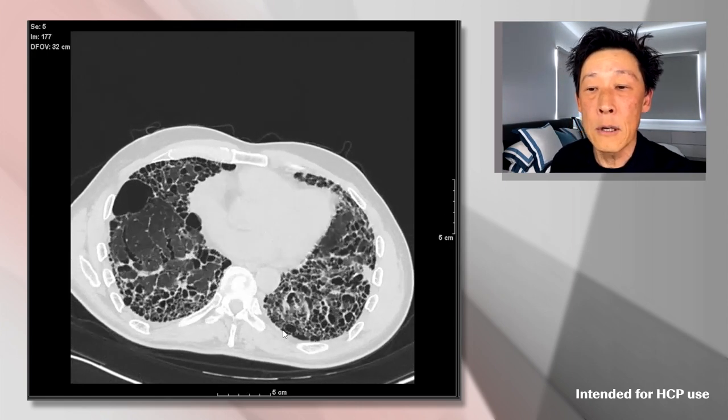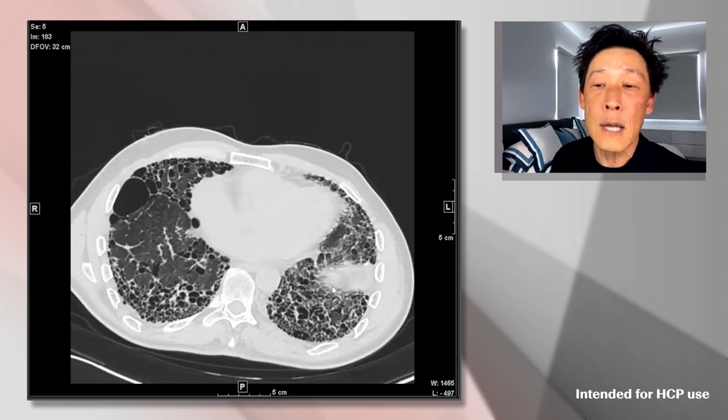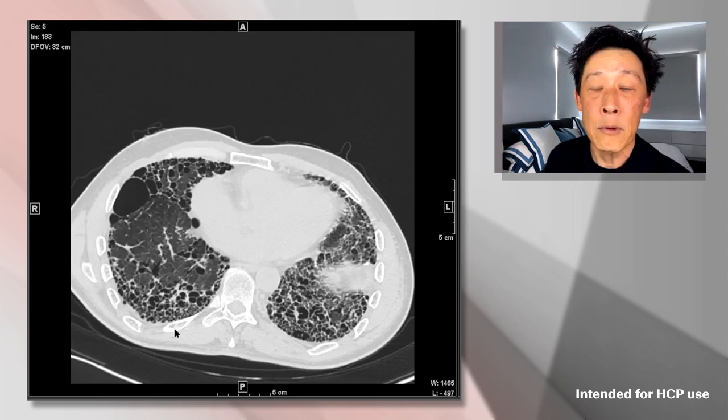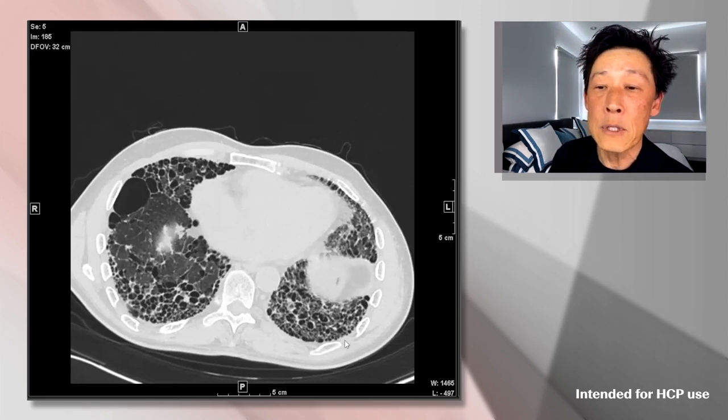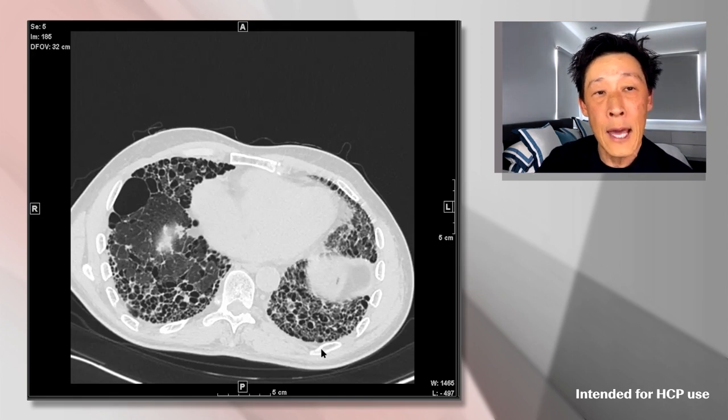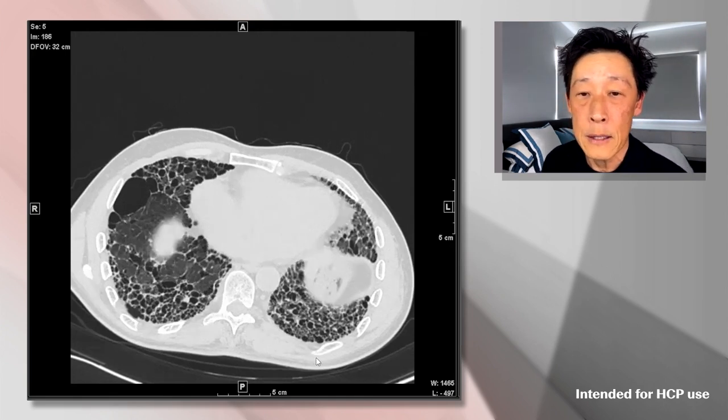All right, so let's go a little bit farther down, and we're going to take it to just the top of the left hemidiaphragm. And so here we're very close to the lung bases, and we can see on the right, the right lower lobe has extensive peripheral honeycombing. We have also some areas of reticulation. And as I showed you, some nice examples of traction bronchiectasis and bronchiolectasis. On the left, we can see that almost the entire lung is now diseased, or we see a lot of honeycombing throughout admixed with reticulation. By here, since we're seeing the diaphragm, we're really at the edge of the lower lobe and lingula.